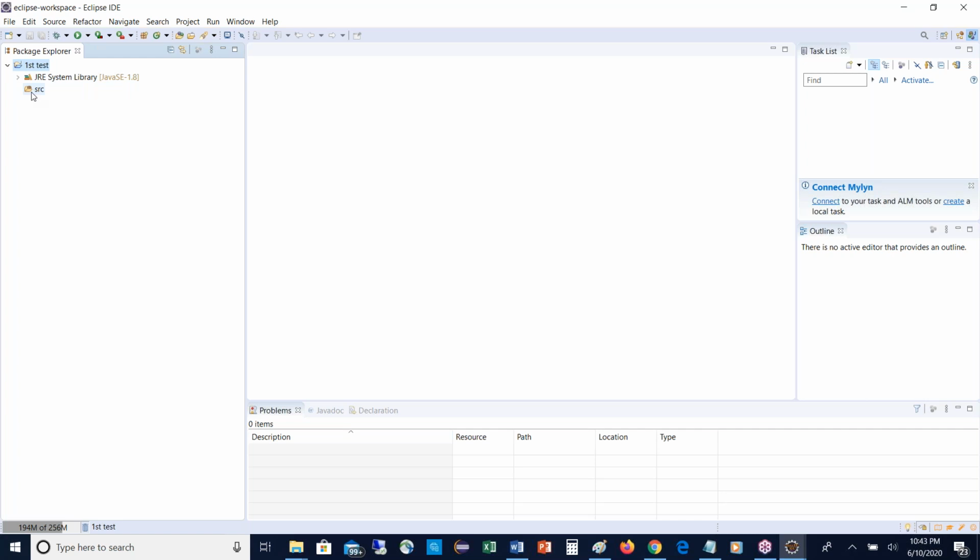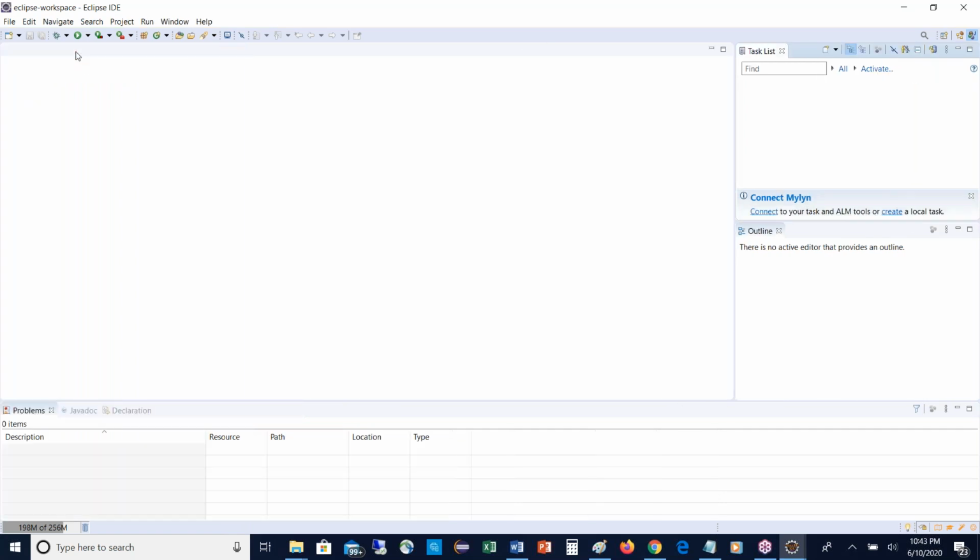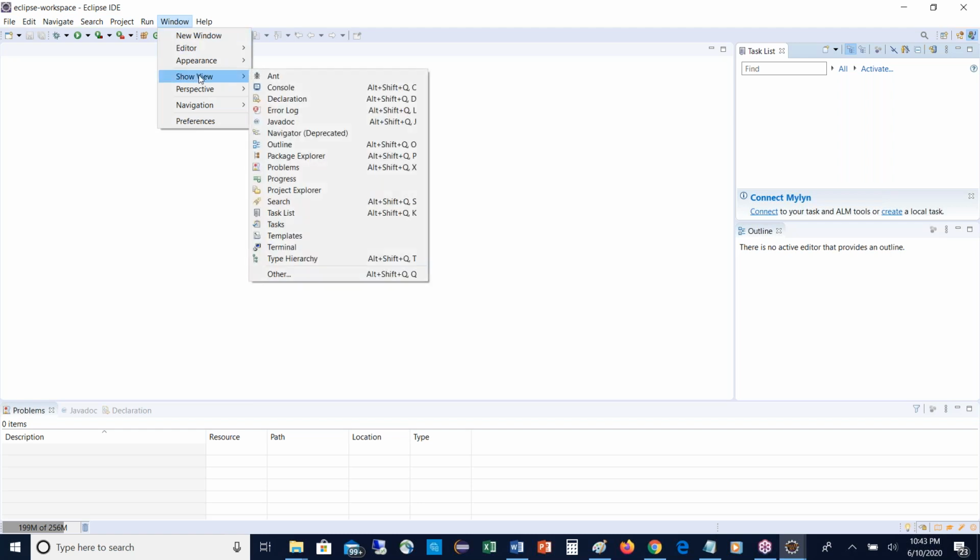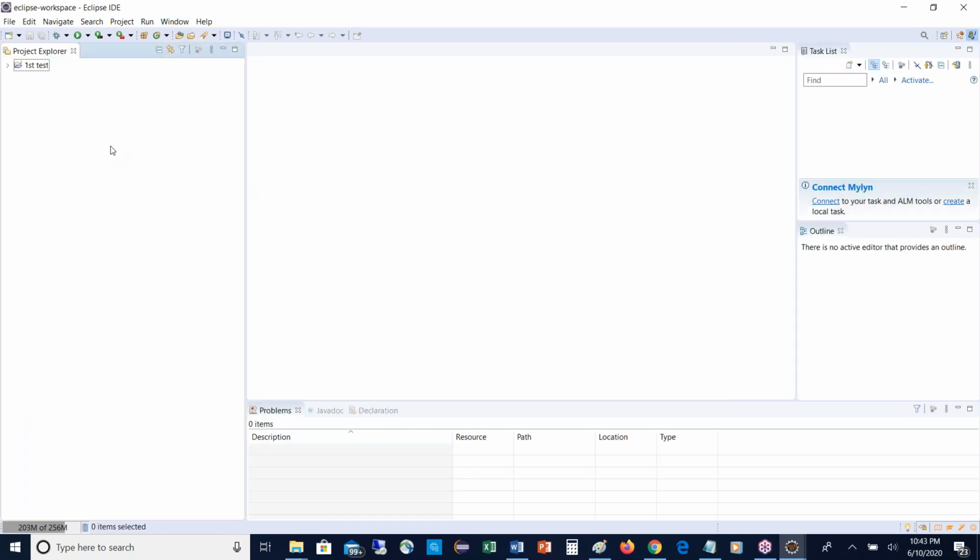Do one thing, madam: just close this Package Explorer. You may feel difficulty: Ravi, here Package Explorer is not there, I deleted it accidentally, where can I get that? Don't worry. Go to the Window menu in Eclipse, Show View, and there is a Package Explorer option.